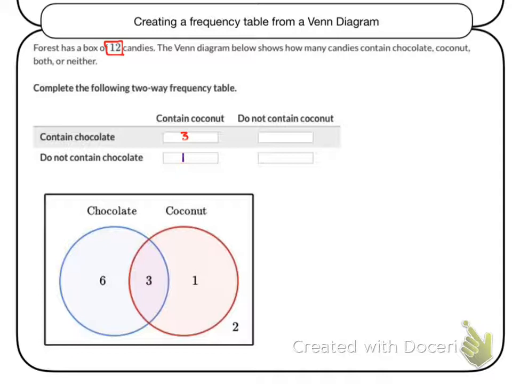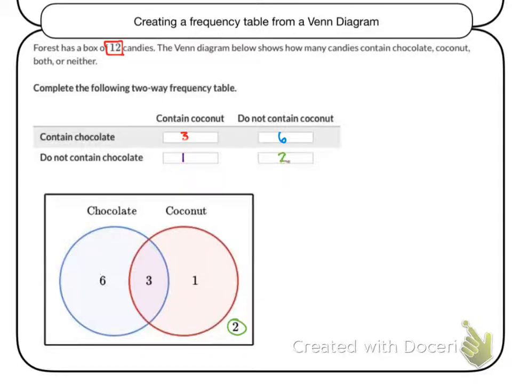Okay. Now let's move up to this top right box. Does not contain coconut and only contains chocolate, right? No coconuts, contains chocolate. Contains chocolate are 6. Okay, and the theory goes the same. We can't claim the 3 here because those contain coconut. We do not want coconut. And last, does not contain coconut and does not contain chocolate. So we look at this little lonely 2 out here that's not included in any of the chocolate coconut goodness. I don't know, it might just be a scoop of peanut butter or something, but it doesn't contain